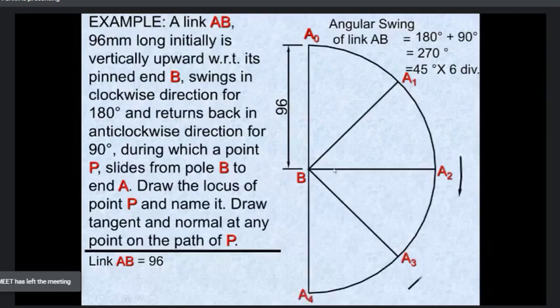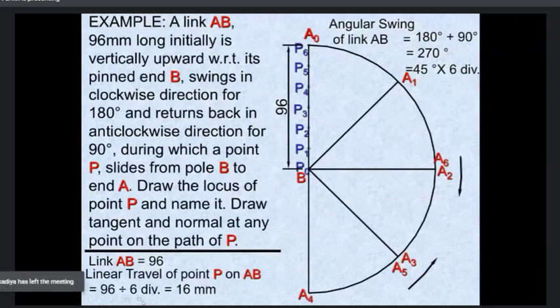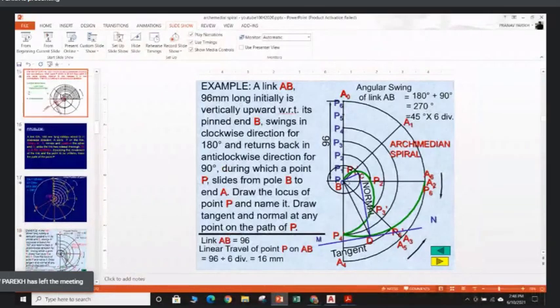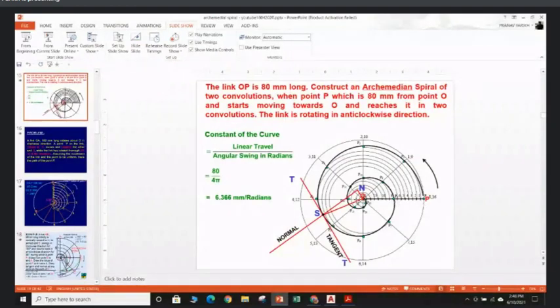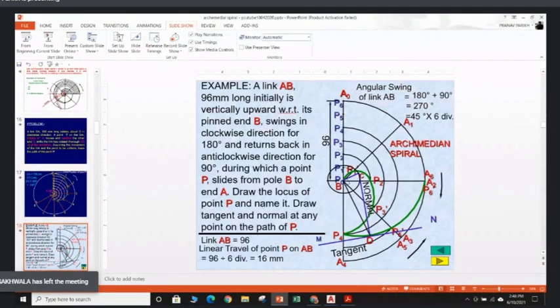See, the point here is moving from pole B to point A. Same question. See, pole B is here, consider this the inner periphery. This point is going from inner to outer, so what difference will we get in the process? The difference is in the numbering direction. Here it is going from the inner to the outer periphery. Are you getting that this is the same question? Yes. See, this question is definitely moving from the inner periphery to the outer periphery. Are you getting it? Yes, sir. Clear. Okay, so definitely in further problems, this one is from outer to inner, but the one we just solved last is definitely from the inner periphery to the outer periphery.